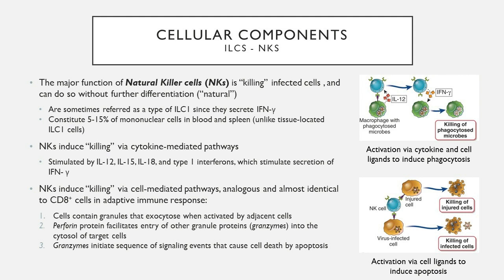There are two primary proteins here. The first is called perforin, and I like to think of it that perforin is meant to perforate the cell membranes of the target cells, which then allow the influx of granzymes, which is the second type of protein. And then granzymes are what initiate the sequence of apoptosis or suicide within the infected cells,